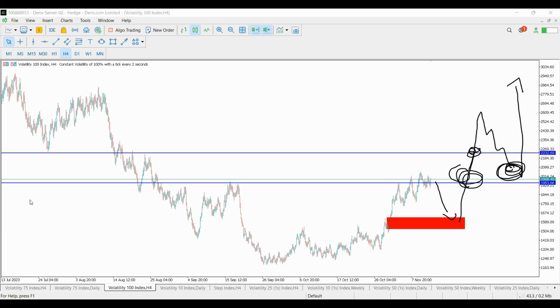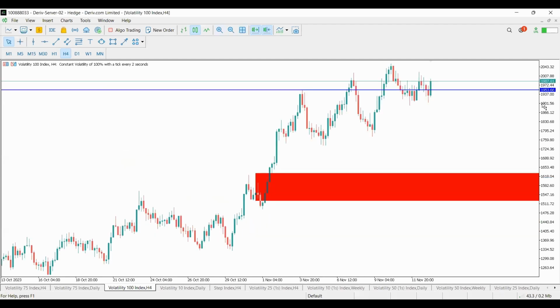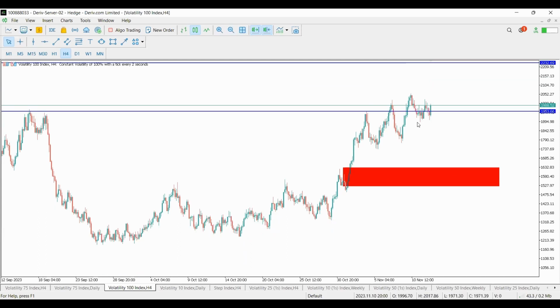Now, again, let's try to put into perspective what I've just told you. You can see we have marked our level like this, right? We have identified our demand zone or untested level. We want price to come back here. So what are we waiting for? We're waiting for the market to change trend. Of course, we're having this triple touch here. Also, we have something like a pattern like this. So we're waiting for the price to change trend. There's a demand area here that the market needs to be breaking below. On a retest, then you can sell up to here.